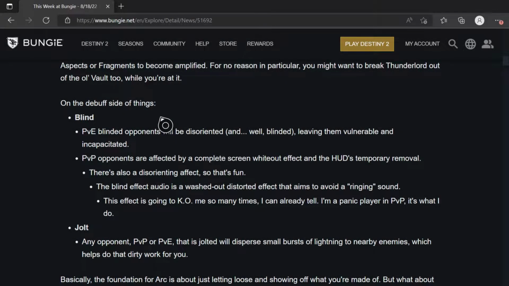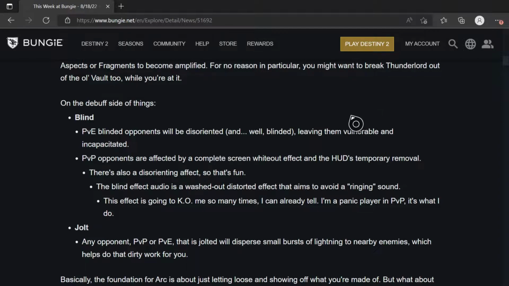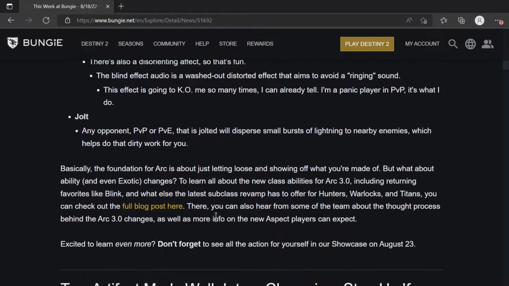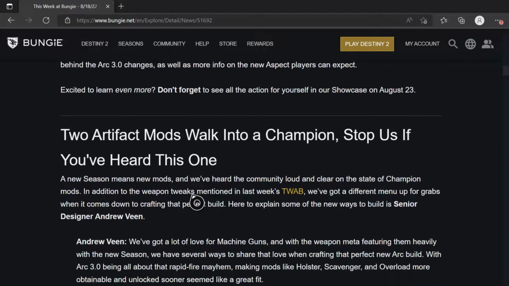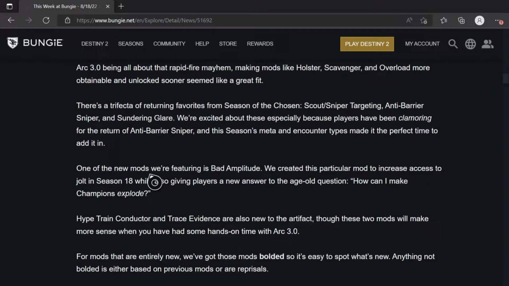Okay, I'm going to keep the TWAB as quick as possible because there's a lot of rehashing, but there's some important stuff that I just want to keep quick. So, at the start of it, they tell us how basically Arc 3.0 works with its new buffs and debuffs: being blind, of course, and Jolt, which basically turns something into a living lightning rod. And then at the same time, they take us through the champions and mods for the next season, which is